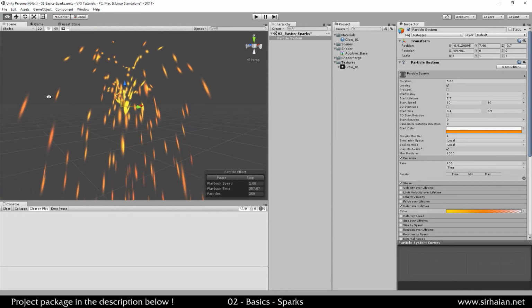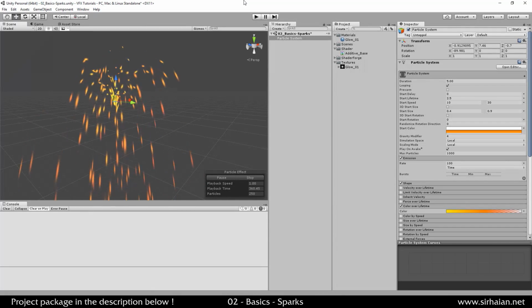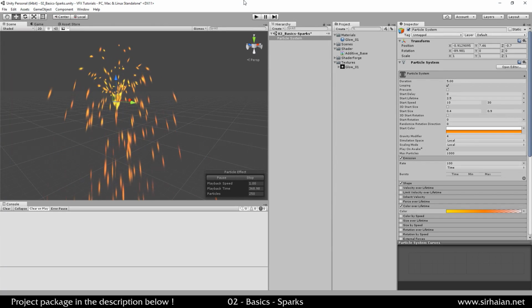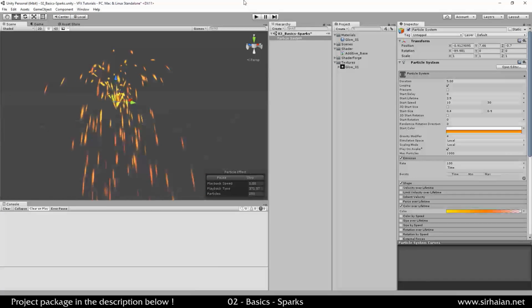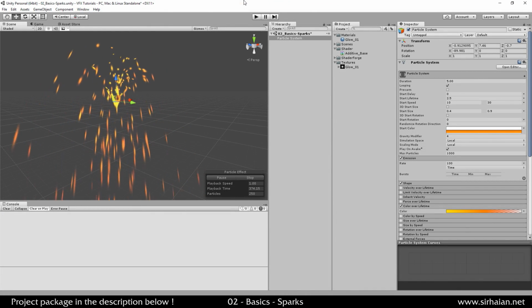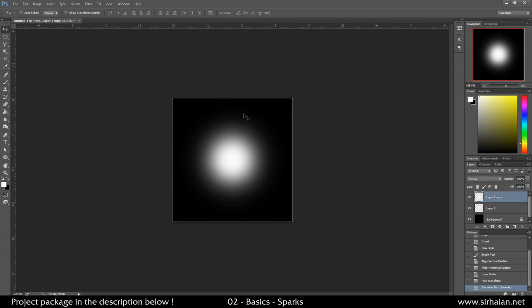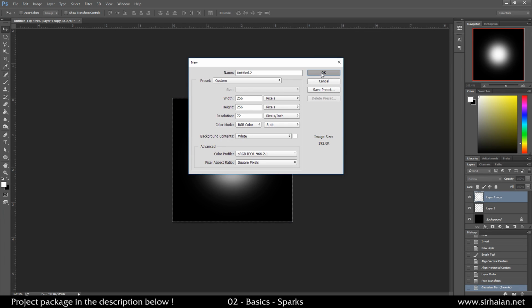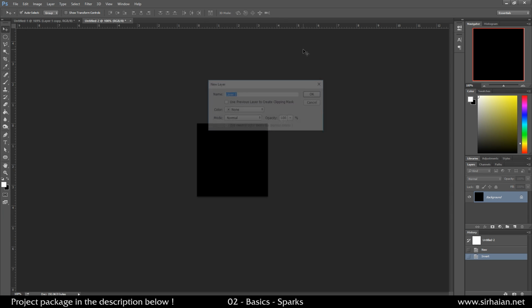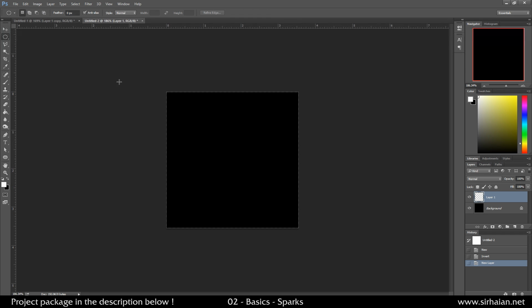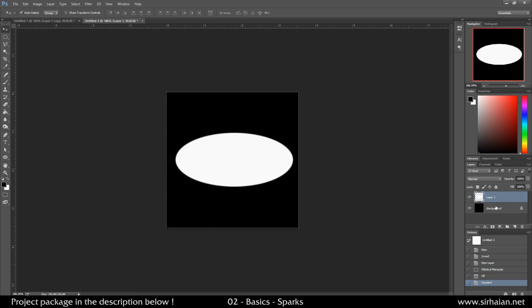So that's a good start for some sparks, but they are a bit too soft. Sparks are not soft. Sparks can be very sharp, and here they just look like, I don't know. They don't look like sparks very much. So let's go back to our texture and create a new one. Ctrl-N, new document, invert the colors, Ctrl-Shift-N for new layer, and let's create a simple spark texture. So I'm not gonna be very artistic on this one, but just so you can see different styles. Let's do this,